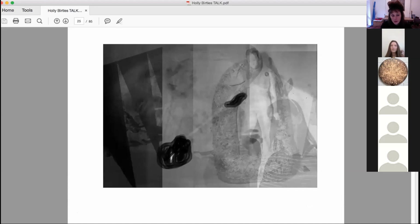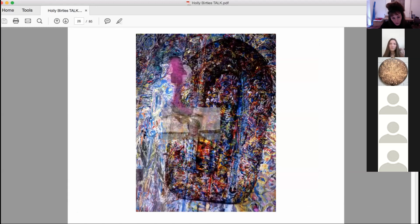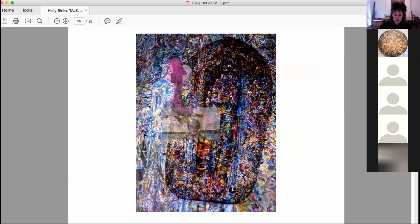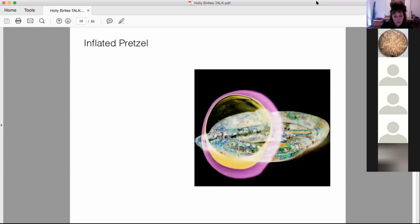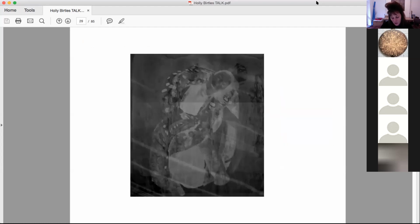Here you can see one of the images of the boat with a performance that happens within it. And often I shoot on slide film, so I think this was scanned to layers at the same time. The pretzel, okay, so the inflated pretzel was another prop that was produced, and on a residency, this is a